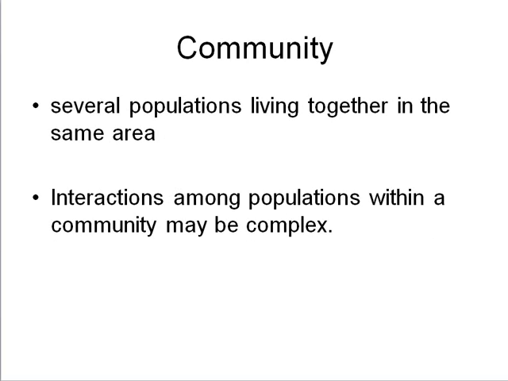Communities are composed of many populations of different species living in the same area. Species living in a community share some basic requirements in common. Communities are also shaped by the interactions among individuals, both interspecific, which is between different species, and intraspecific, which is between members of the same species. Interactions are important in determining the composition of the communities. For example, a plant species may not be able to survive in a community that does not also include appropriate pollinators.